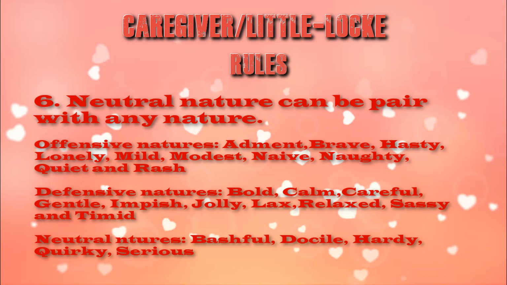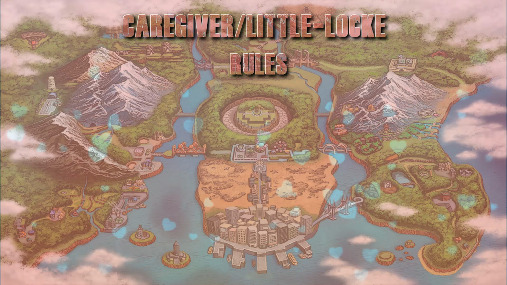So yeah, I'm really looking forward to doing this, and hopefully you can try it out as well, off screen or do a series. I thought it was cool. It's definitely tough if you meet a trainer and they have something that your caregiver is weak to, and your little might be strong against it. But then it's still like, can your little sort of take it? I had, for example, a Lillipup that was a little, and then I had a Tepig, I believe, as